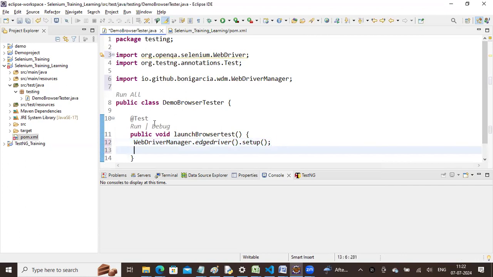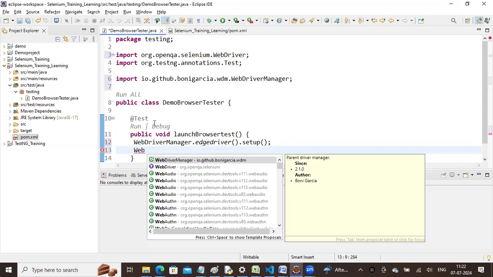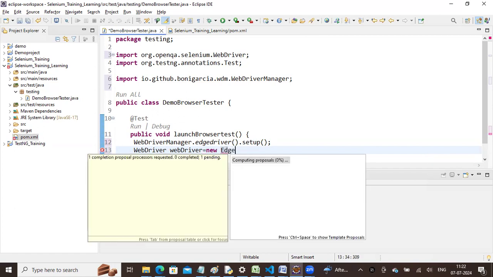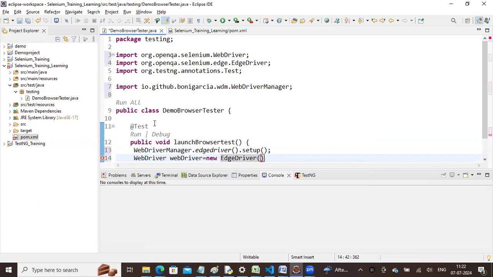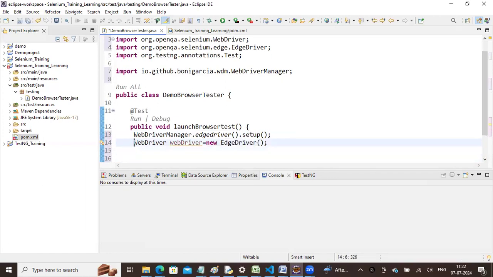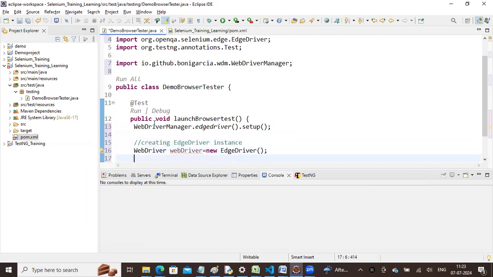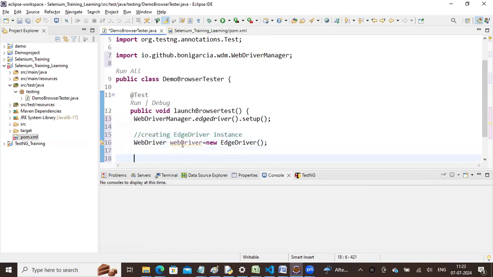Then you can create the instance for WebDriver, because using WebDriver you can control the browser. So WebDriver equal to which WebDriver? Here we need to launch Edge, so we need to create an EdgeDriver object. We want to launch the Edge browser, so let's create the EdgeDriver instance. Once you create the EdgeDriver instance, using that WebDriver, we can control